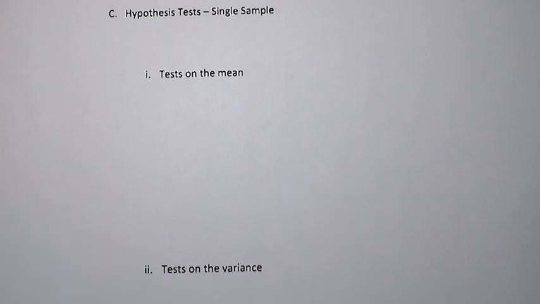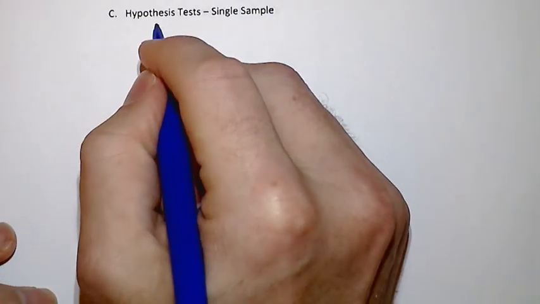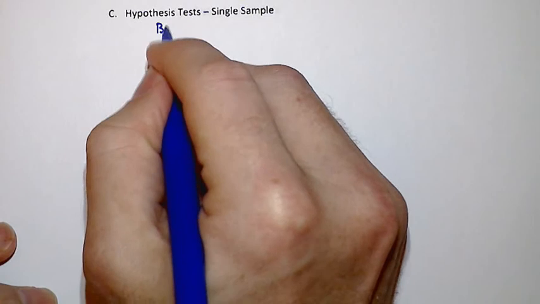Hypothesis testing was really about parameter estimation, but trying to make decisions about that in a slightly different way than we do with confidence intervals. And particularly when we get into comparative studies, this is an important tool that we have available to us. So these hypothesis tests, and first we looked at single samples, are based upon